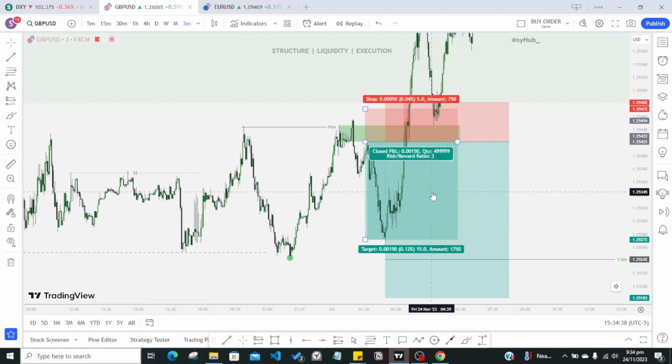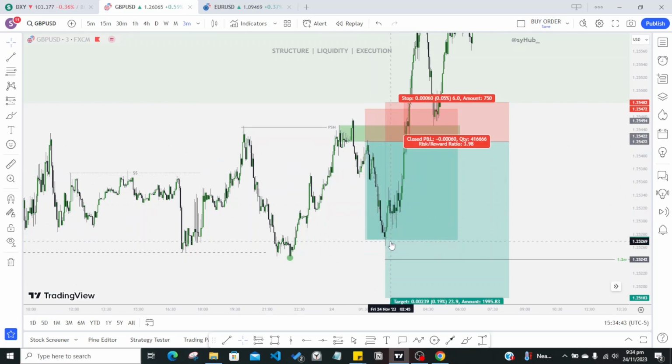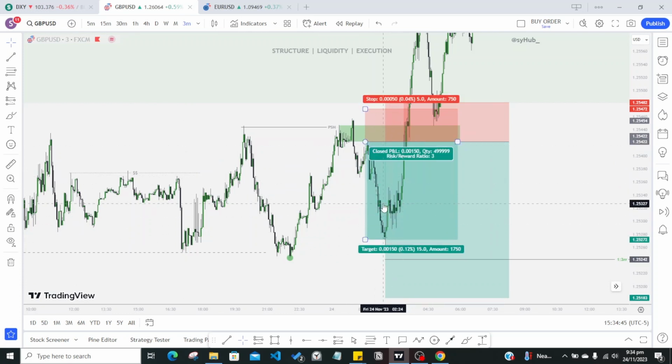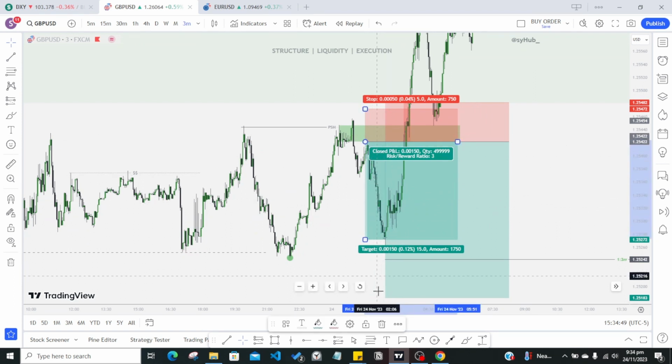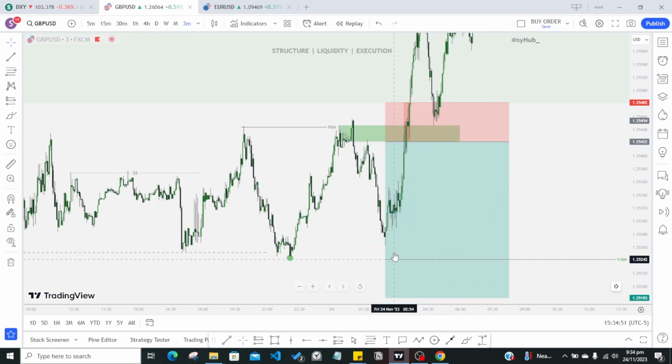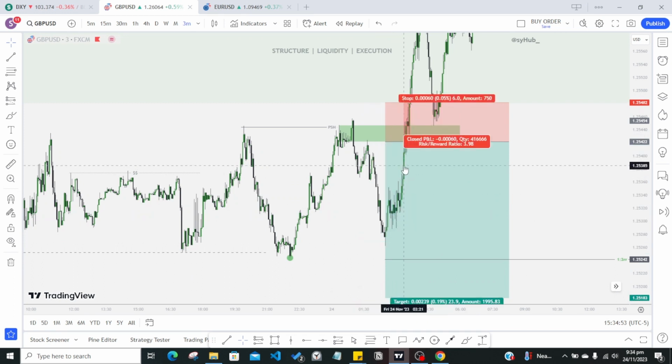So after price got to this level and I saw price rejecting this zone, I didn't want to close the trade like that, so I just decided to break even and let price either retrace fully and stop me out or